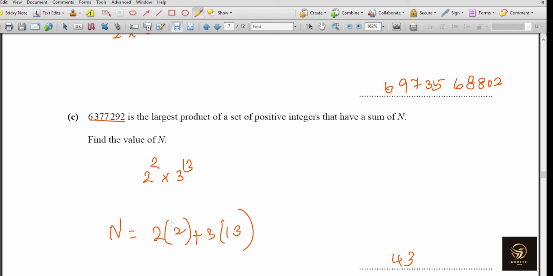You can ask me how I got this answer. You just divide the given number by 2 first. So first, we are going to do it: 6377292 divided by 2 will give us one number. Again, if you do it, then after that we get one odd number, like a 2 power 2. After the extraction of 2 power 2, we get one odd number, that is